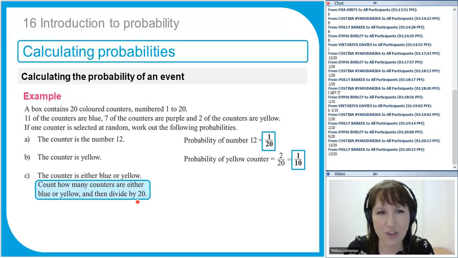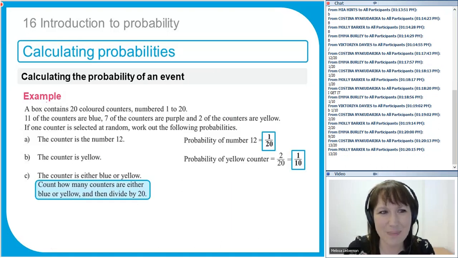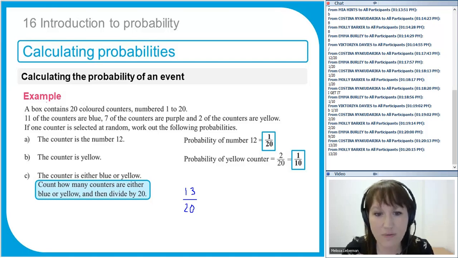No, we lost the slide there with the answer on. So the slide that's missing, I'll just write the answer on. So the answer for this one is we've got 13. I accidentally deleted the slide. 13 over 20, and that doesn't cancel. So that's the answer for that one. Okay, so that's how it works, just like fractions.